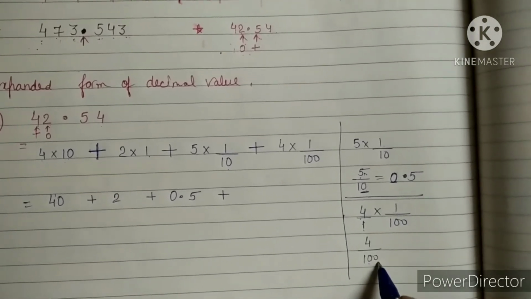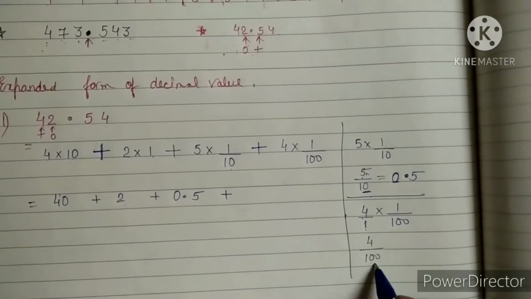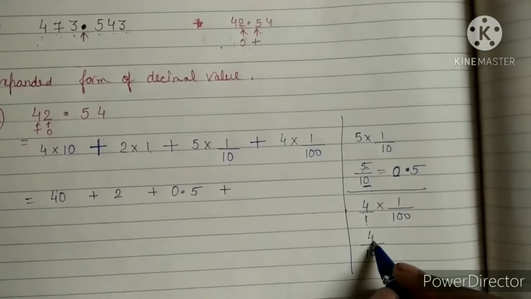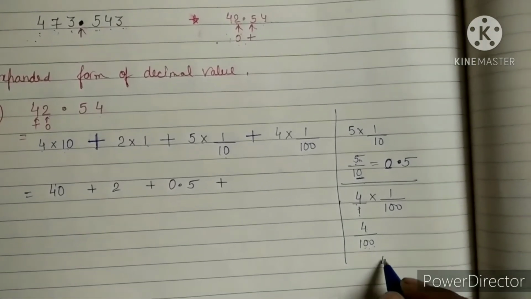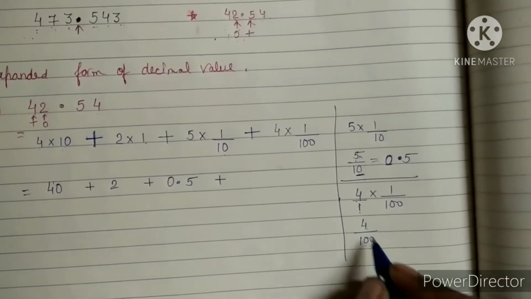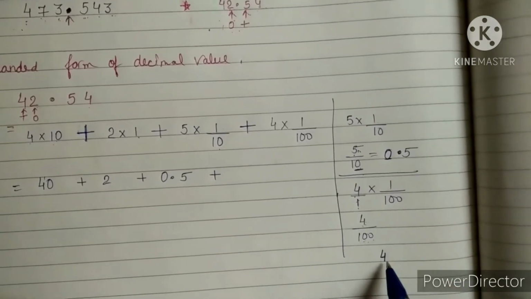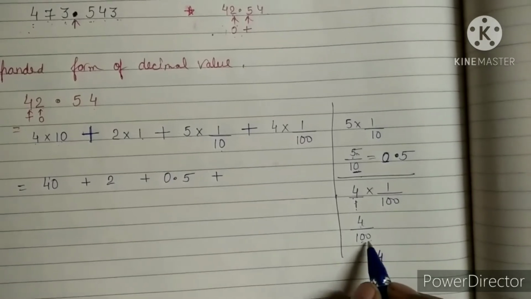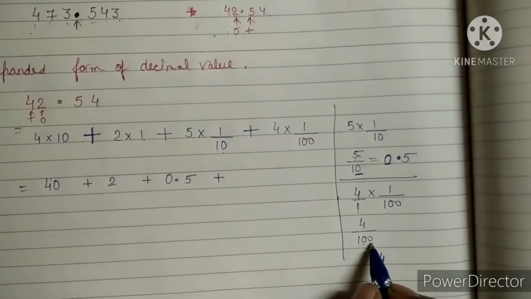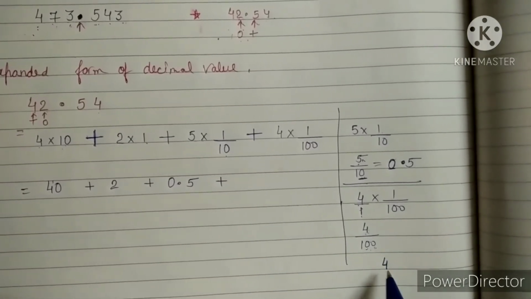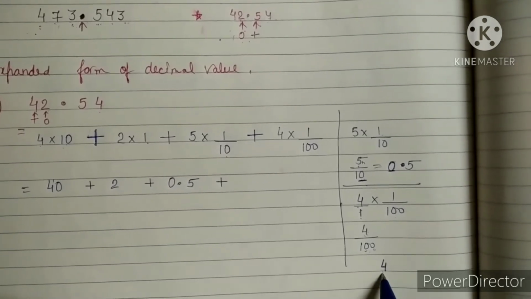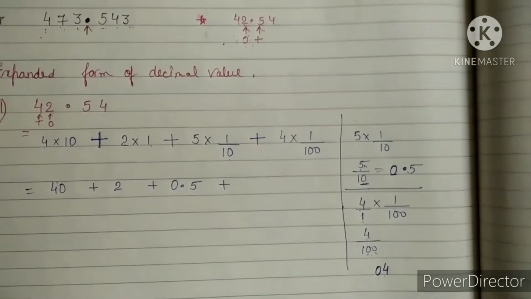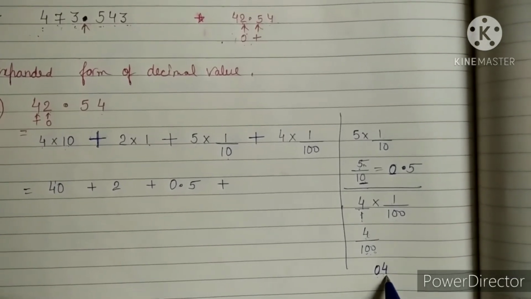Here we have 20 below the 4, that's why we will leave two values. The first value is 4, but we have to leave two values because 20 is there. We have only one value, that is 4. That's why from our side we are putting a 0 here. So two values are completed.